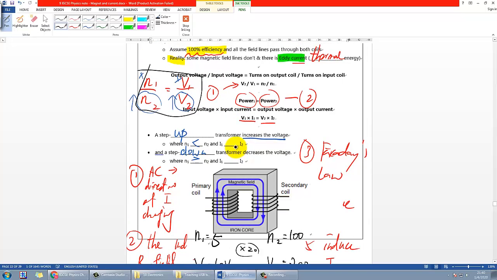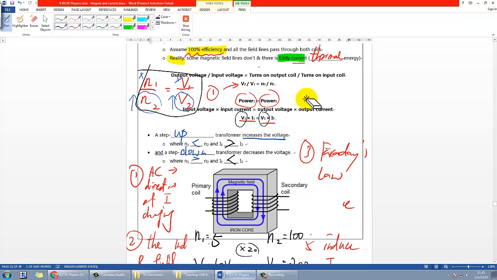And since the power is the same, then it actually means that since the voltage is higher when you're stepping up, the current has to be lower in that case, and therefore it will be opposite. Current I2 will be less than I1 because the voltage has increased instead. Stepping down is simply the opposite, so the answer is this one.